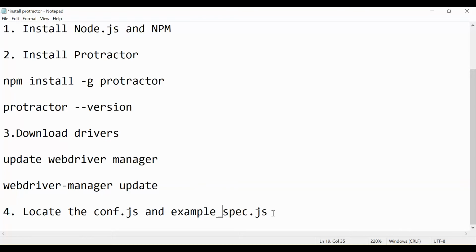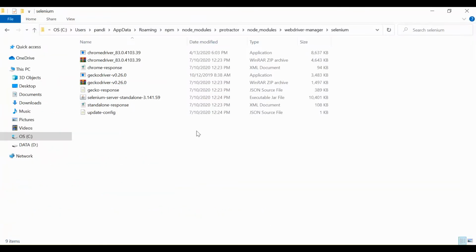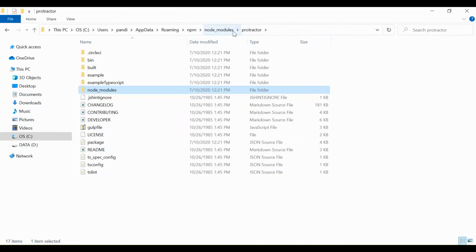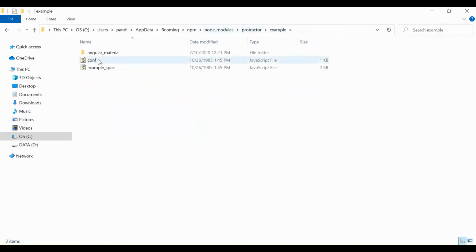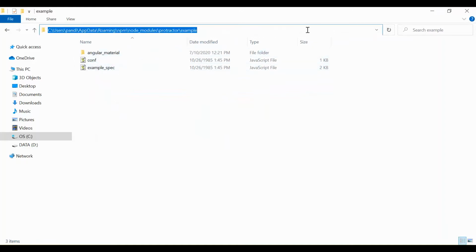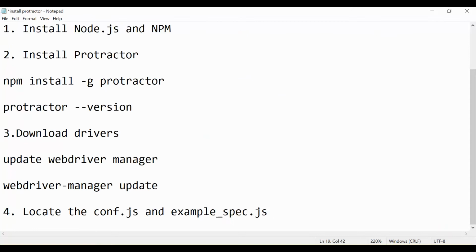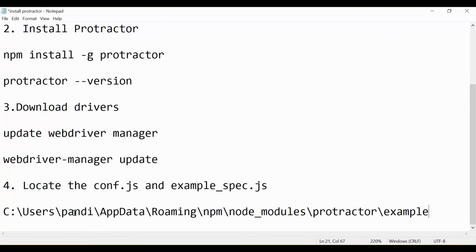I will show you the location. In the same protractor folder, go to the example folder, and here you will find these two files. So we just copy these.